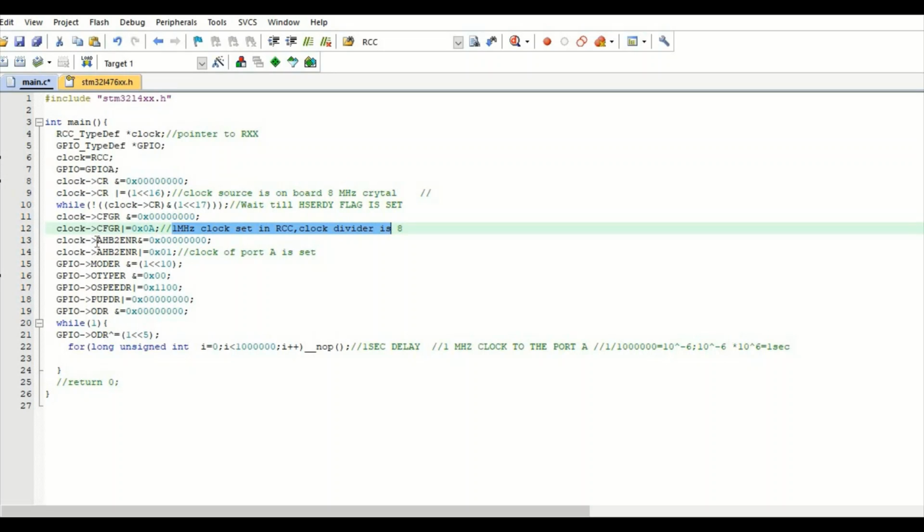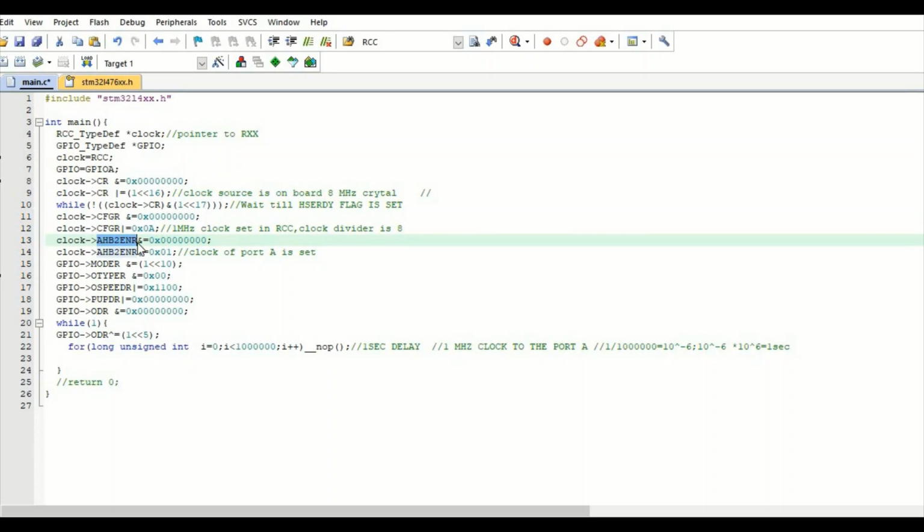Now we are resetting the value of the AHB2 enable register. Let's see. And then we are assigning a value of 1 to it.